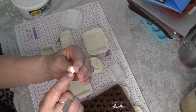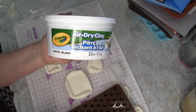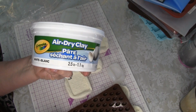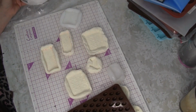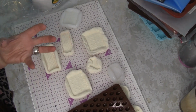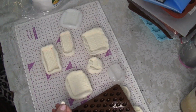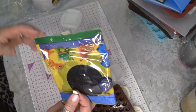It's a little bit cracked here, and that's what you're going to find with the air dry. This has a tendency to be a little bit rougher looking as opposed to plaster of Paris. Plaster of Paris, of course, is very smooth. The problem with plaster of Paris, in the things that I want to do this year, is it's heavier and it breaks a lot easier. The air dry clay, and especially this type of clay, has more of a rubbery